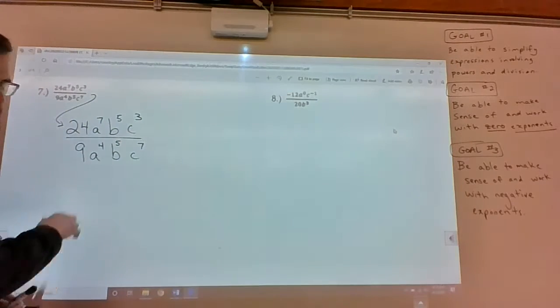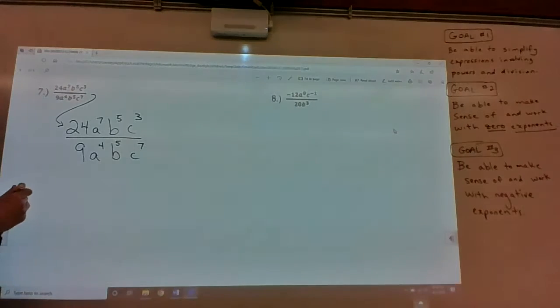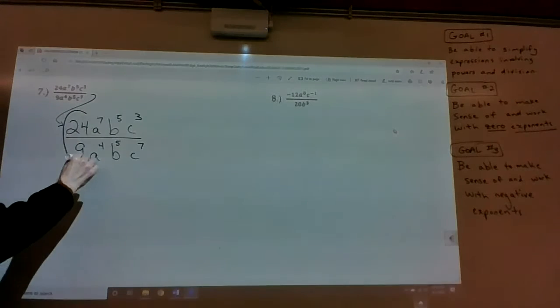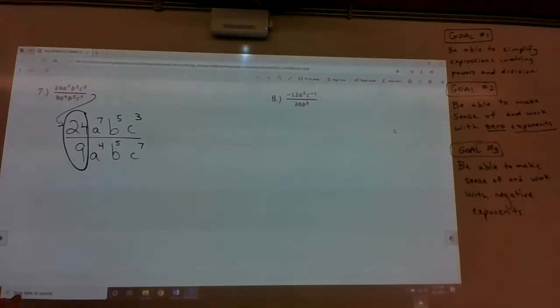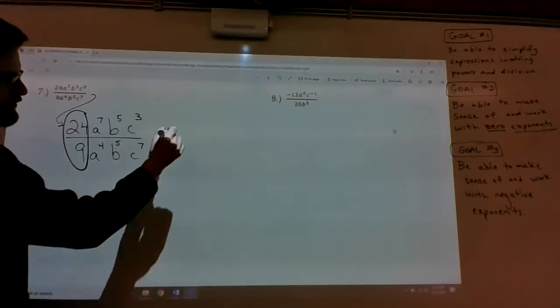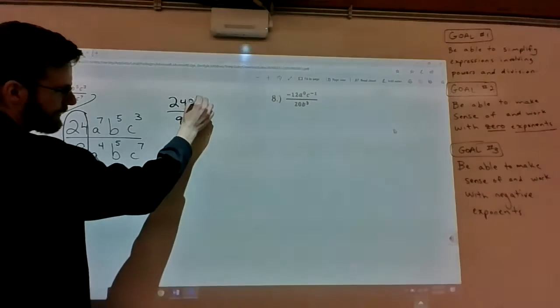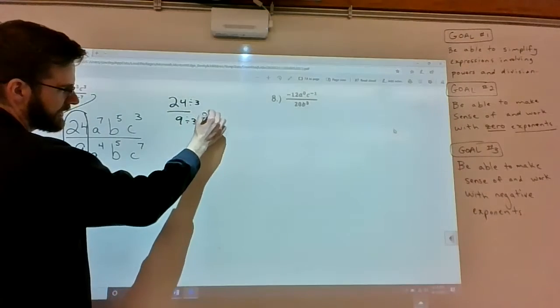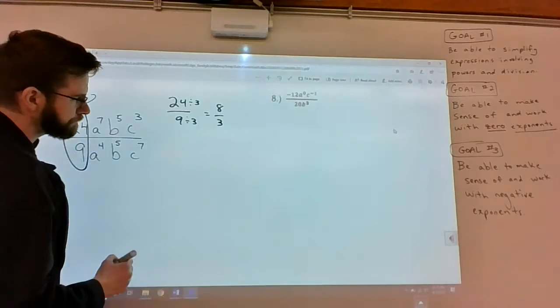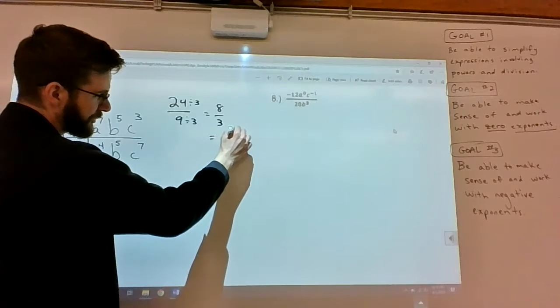So, example 7 on the notes that I printed off on Google Classroom. We have, first of all, a coefficient 24 divided by 9. Now, when you think about what 24 divided by 9 is, we can represent that as a mixed number, a decimal, or reduced fraction. So 24 divided by 9, we can divide the top and bottom by 3 to get 8/3,